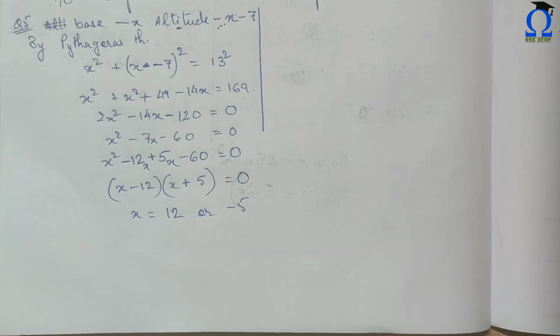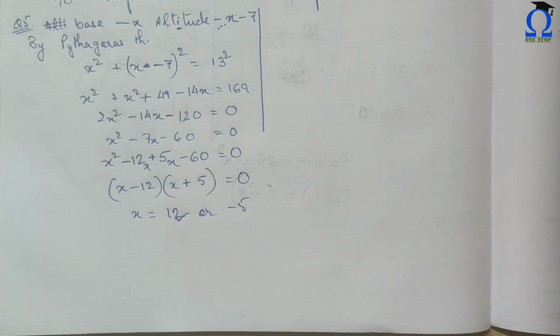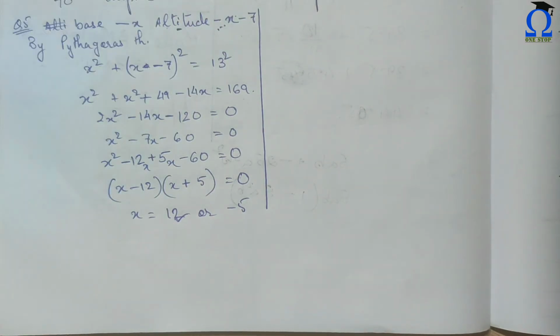Simple. Understood? Since negative cannot be there because it is a length, we will take the positive as our answer and neglect the negative part, and by putting here we can easily find the answers. So now let us move on to question number 6, and it is exactly same as the equation example 1 part 2.